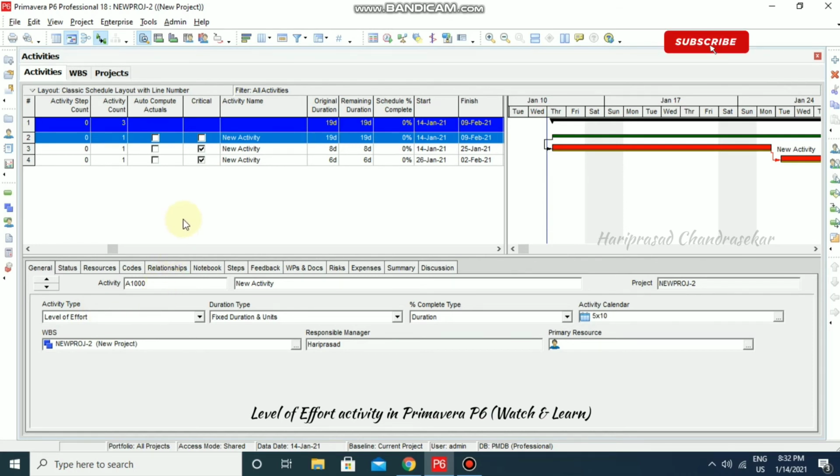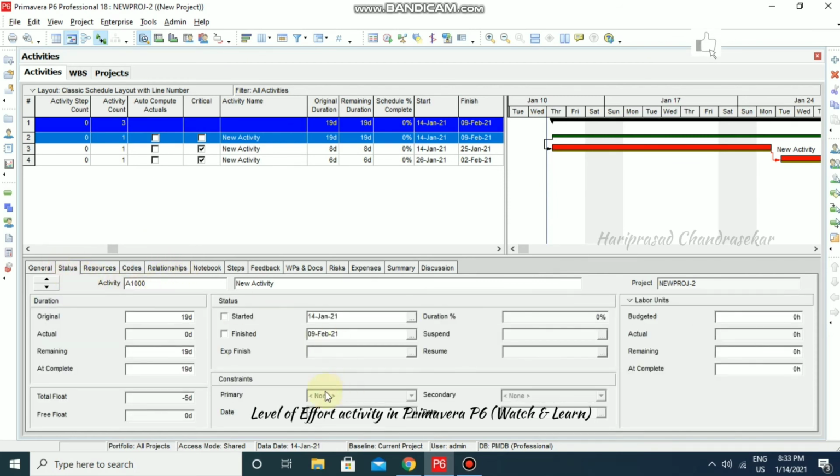So like this you can have level of efforts in your project. So another thing we can call this as activities which don't have any constraints. We can't input any constraints to level of effort activities. For example, I'm going for status, where you can't put any constraint to this activity. We can put only start and finish dates.